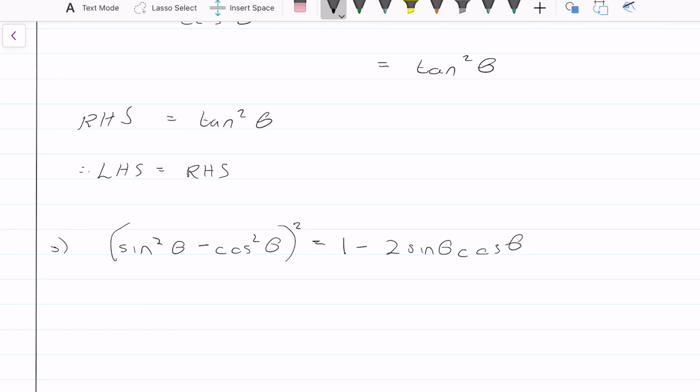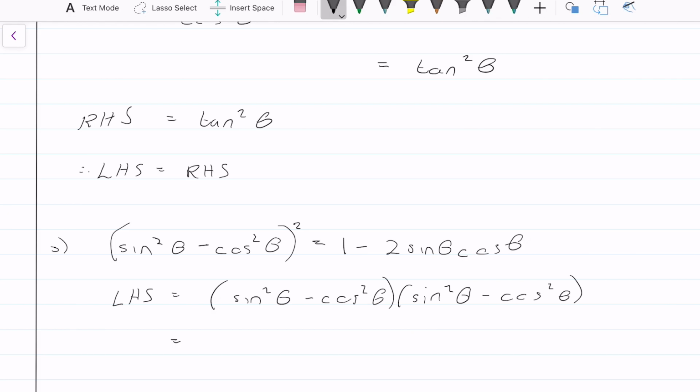Okay, so because you guys do AP maths, no, let's rather just write it out. Left hand side equals (sine theta minus cos theta) times (sine theta minus cos theta). Okay, so this is equal to,